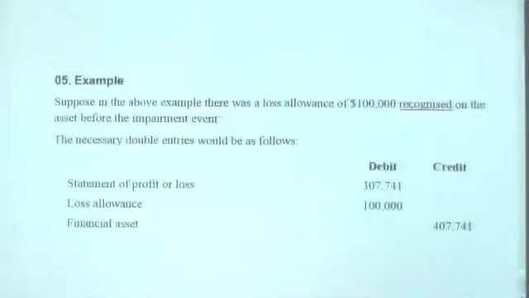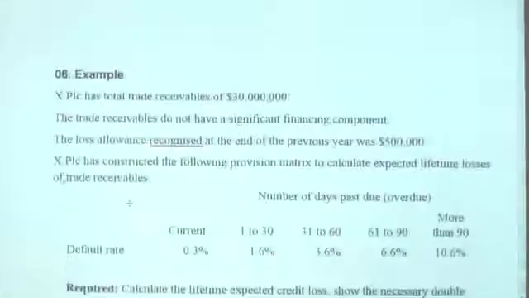Right. Here this is an example. Assume you have a loss allowance account with a balance of 100,000. In the same example, out of the total loss credited to the financial asset, first you charge the loss allowance, and the balance will be charged to profit and loss. It's just a presentation of how to distribute between the P&L and the loss allowance, assuming you had a 100,000 loss allowance balance. Then we will move into another example.